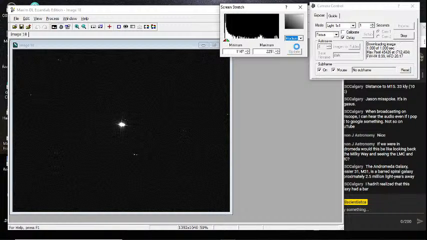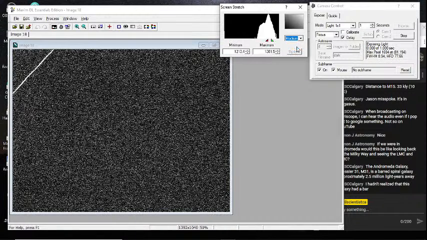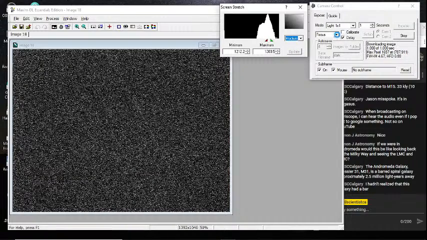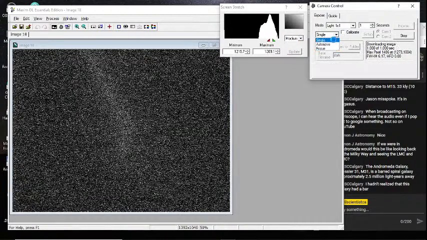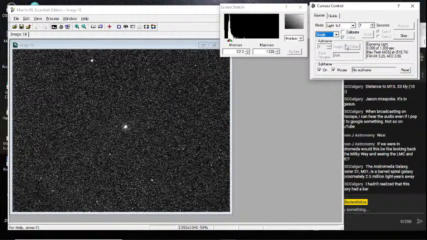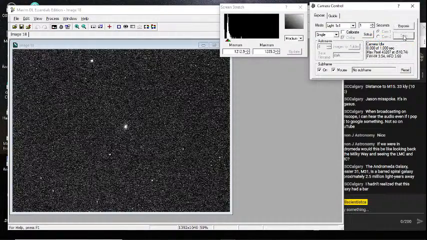There we go. Now the telescope knows where it is. We'll tell it to go to M32. And let's make that 20 seconds.